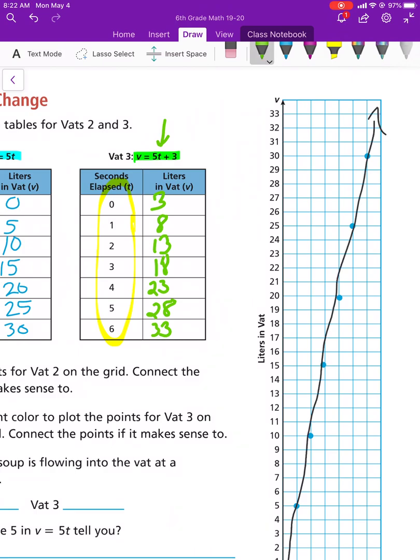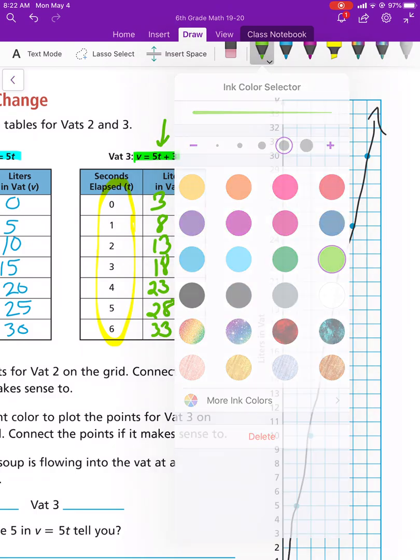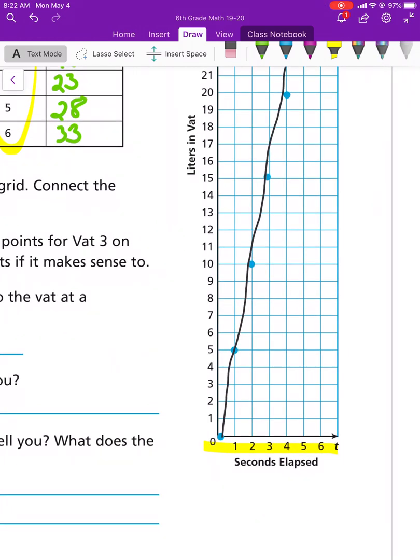Okay, let's graph this one. Let's do this one in green, because we said we were going to call that the green line, right? Same thing, except we're not starting at 0, 0. We're starting at 3, right? And then we're going up to 1, 8. 1, 8, 2, 13, and then 3, 18,